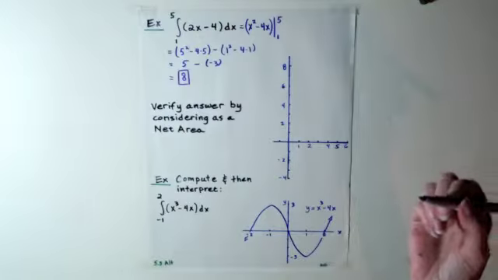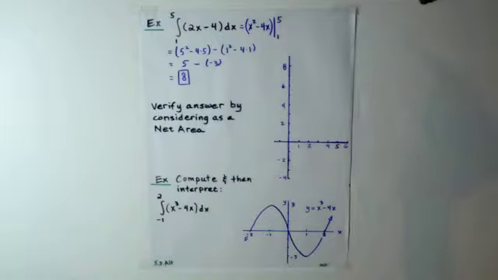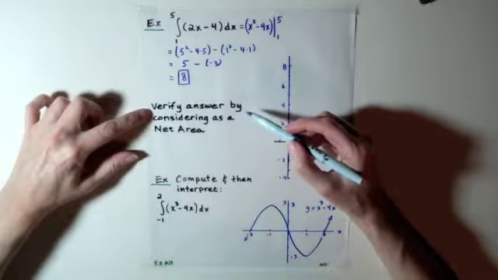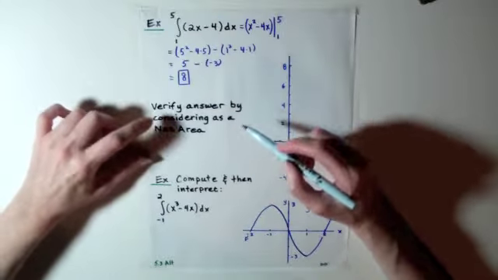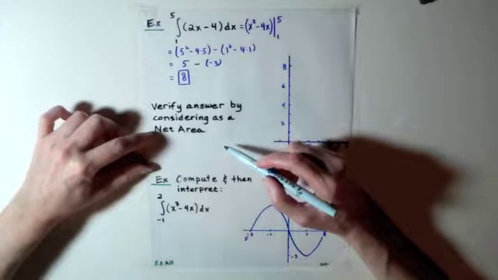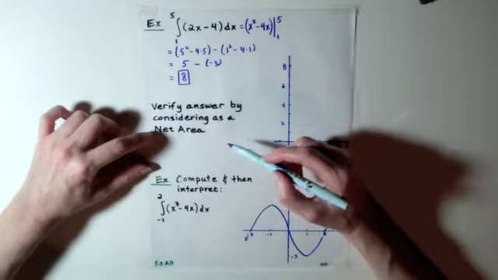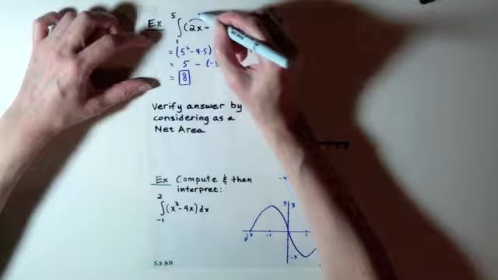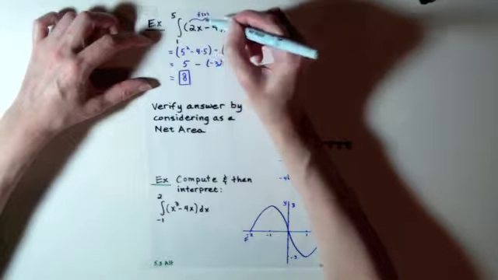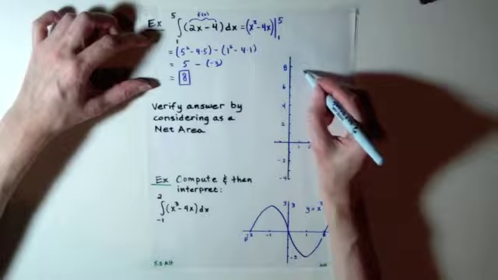So what does that number 8 represent graphically or geometrically? Well, we can answer that by going ahead and doing this second part of the problem where I asked you to verify the answer by considering it as a net area. Well, it's the net area of what? This is our function right here. This is our little f of x. So we want to graph f of x